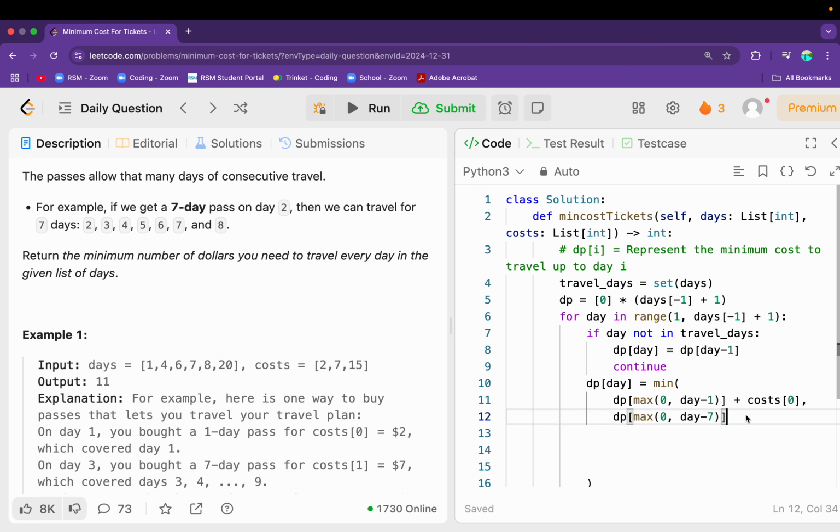And then we're going to add on, instead of costs at 0, costs at index 1, because that's the price of the 7-day ticket like they told us in the problem. Right here it's the 1-day ticket, here it's the 7-day ticket, so we go day - 7, and we go costs at index 1. And the last choice we have is simply going to be DP at still max of 0